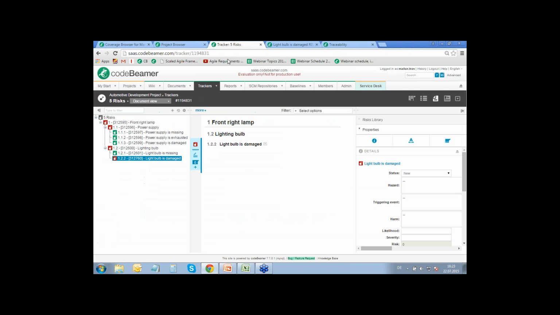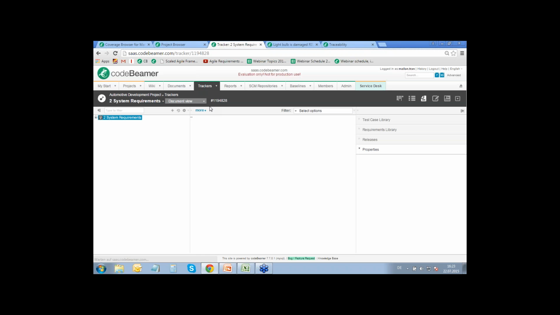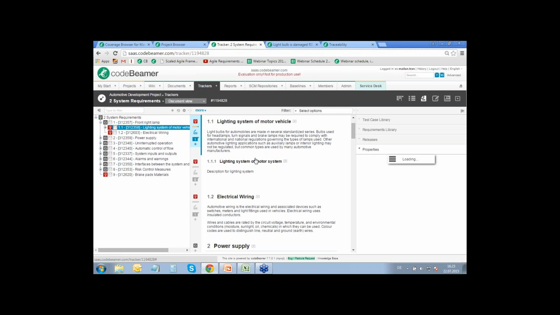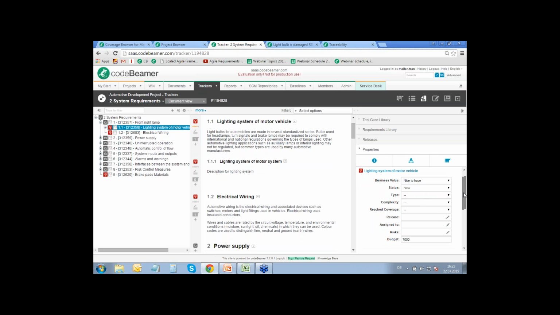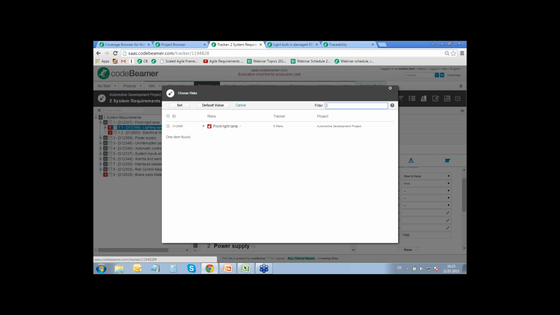So the next step would be that we have to set up the connection from system requirements to risks. And therefore, I can just go into a system requirement, go to the right requirement, and you can see here for each work item we have properties as well. And these are other fields, as I mentioned before, as all the property fields are highly customizable. And here you can see we have a so-called risk field. And once I open this up, extend this view